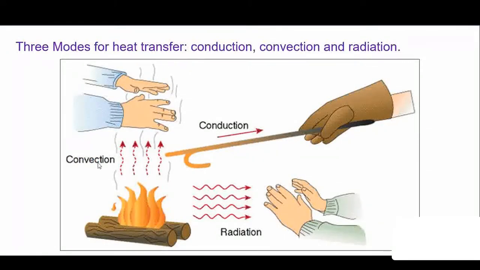Then this is a picture which is showing you a clear-cut picture, clear-cut applications of this. Here you can see the material through which conduction is taking place. We are receiving the radiation without any intervening media, and for convection there is a fluid motion which is shown here. Fluid motion is essential for convection, a material is essential for conduction, and nothing is required for radiation to travel. It can travel through vacuum also. So these three important aspects we need to remember, and we need to focus on these three things.